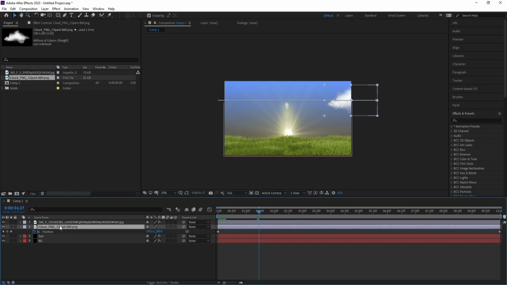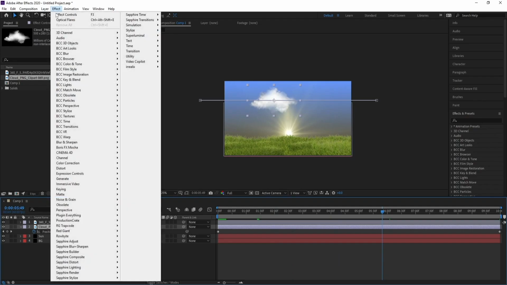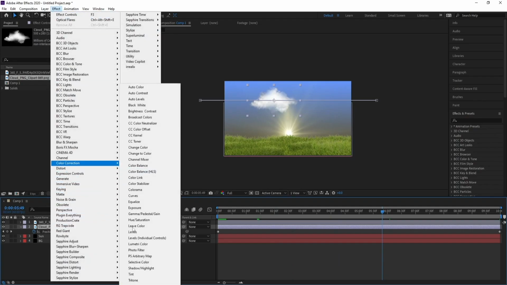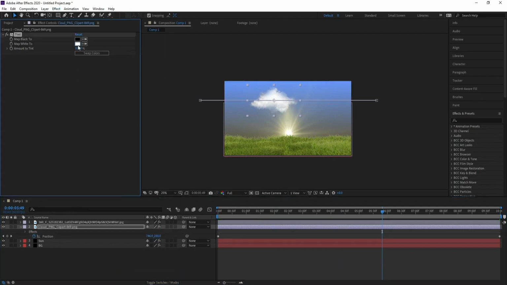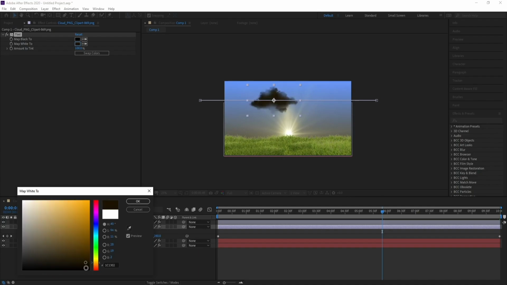And I want to change this color also, so I'll go to effect, color correction and tint, and I choose color maybe like this,